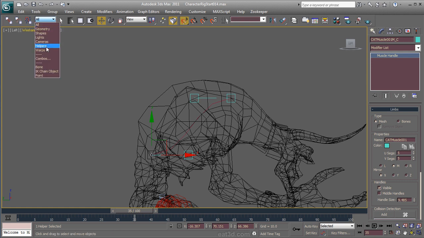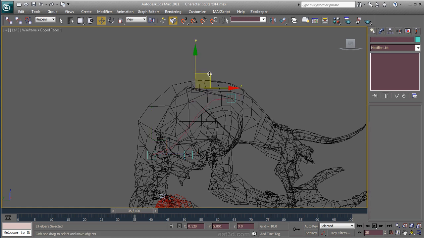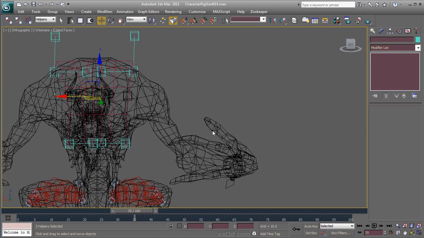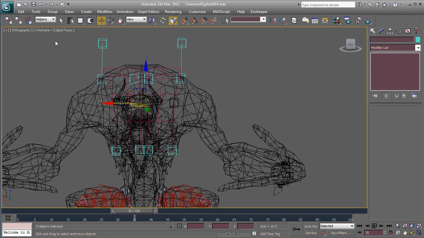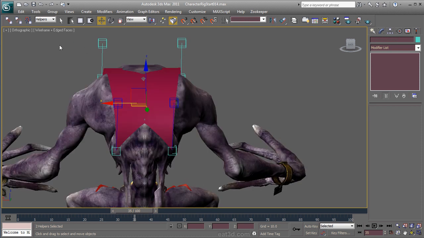Let's just go to helpers, so that we'll only select helpers. We can turn off snapping and select these helpers and start to move them into place. So we'll grab those 2 and we'll grab these 2 and start to kind of position them and move them into place. And then let's just go over here, and if we press F3, then we should be able to